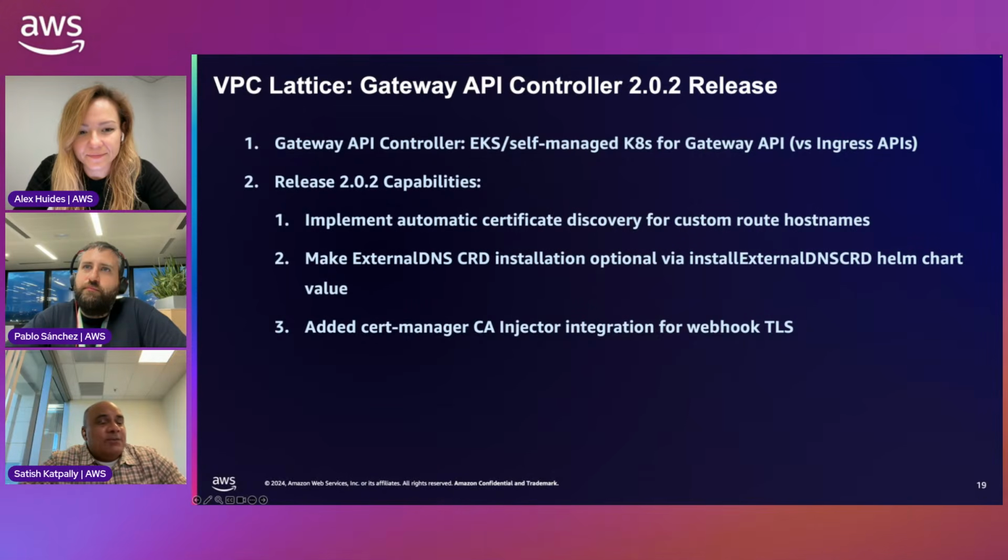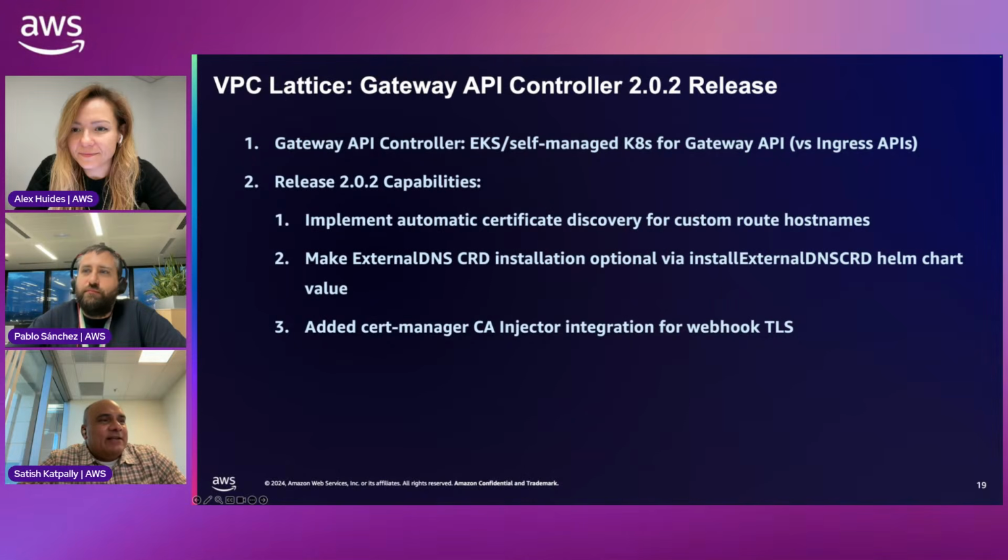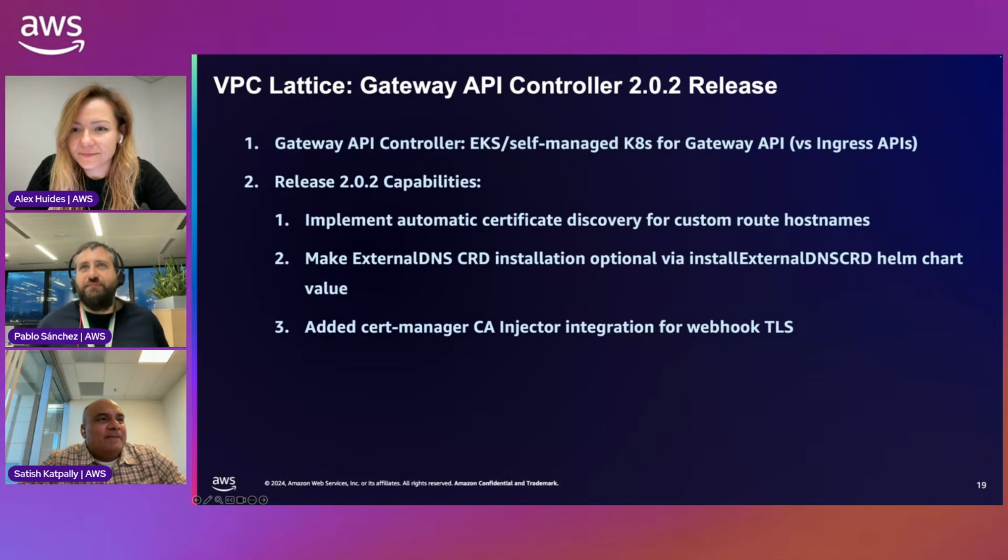But the feature that we just added is that the controller goes and looks up the ACM based on your host name and tries to find the closest match, even one subdomain level matching that we support, to find the actual ARN. And it does that incrementally, periodically, so that you don't have to keep adding the certificate ARNs to the deployment manifest. The host name itself can be used to discover that. So things like those, we keep enhancing.